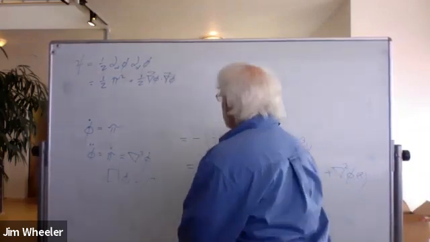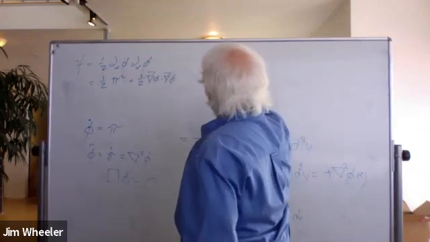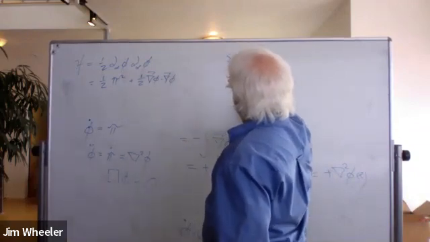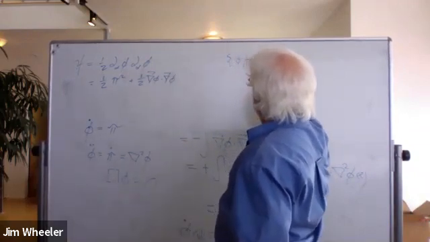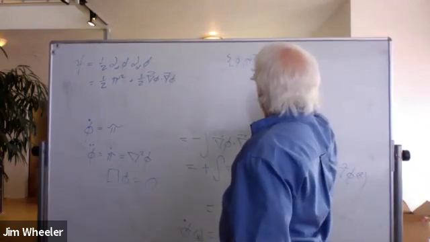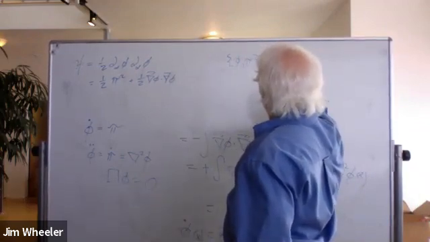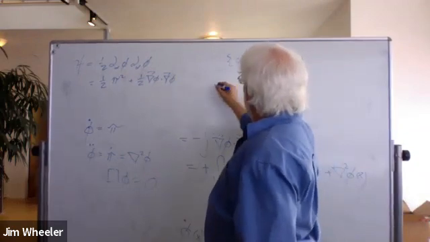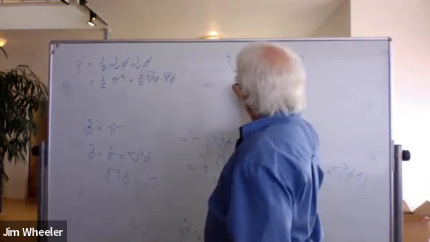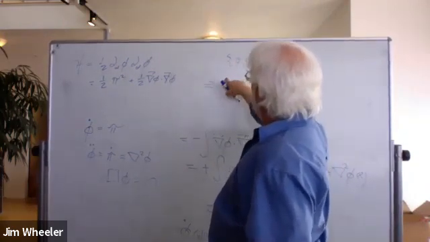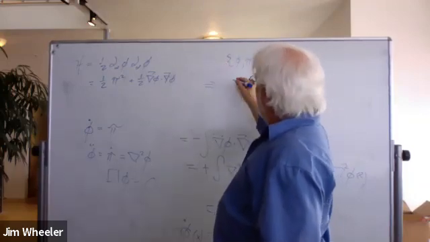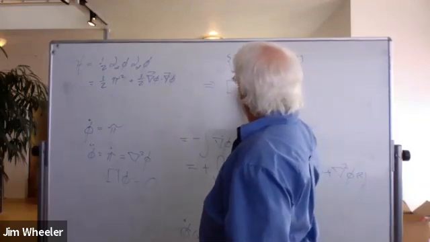All right, so we had the Poisson bracket of phi with pi as a three-dimensional delta like this. So that's going to become minus i over h bar times the commutator,